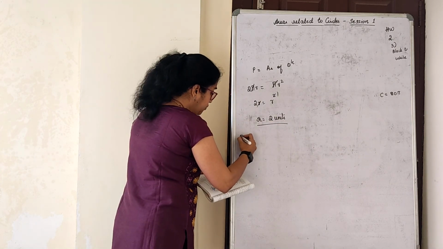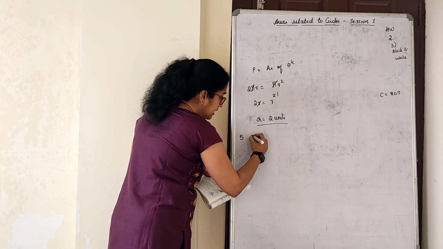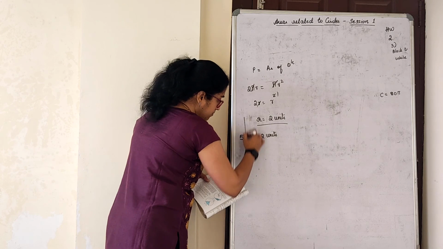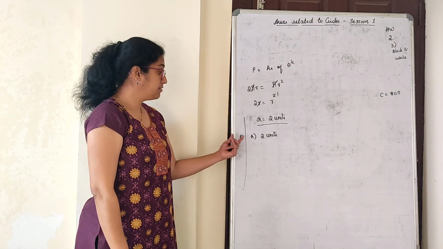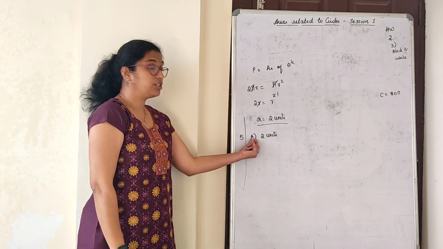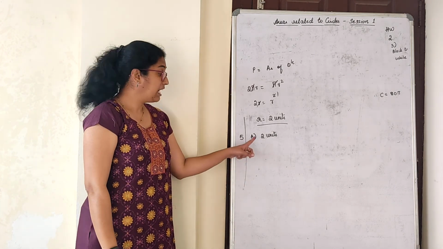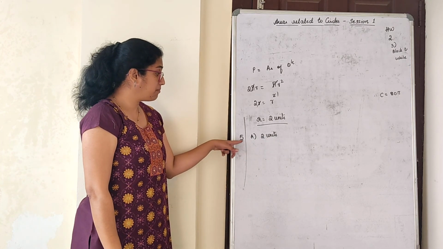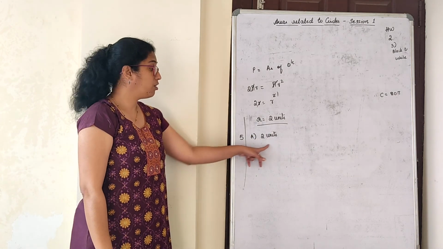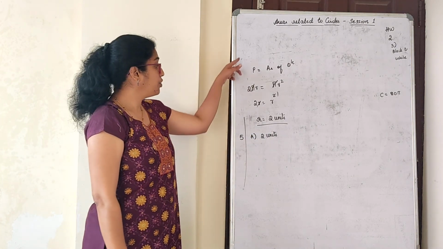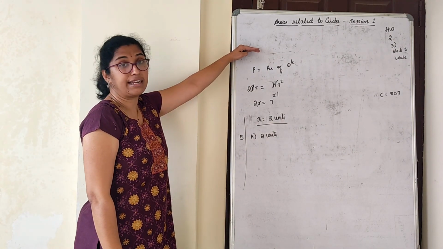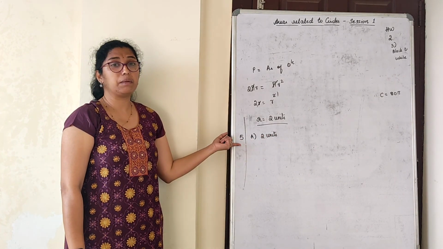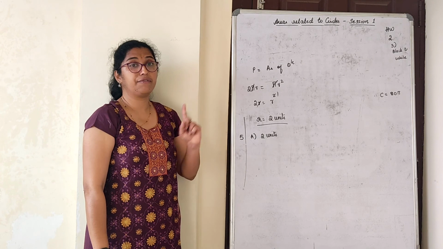So it is the fifth question. In the fifth question, it is the A part. The answer is 2 units. The question number will come outside the margin here. Inside the margin, the option will come, sub option A, B, C or D. After the option, you have to write the answer. Please follow how I have written. The question number, the sub question and the option, all three are very important, right? You can explain this and write, or before itself you can write the answer if you have left the space there. But writing these three things is very important. I keep repeating this because this is the pattern of how you have to write the MCQ.